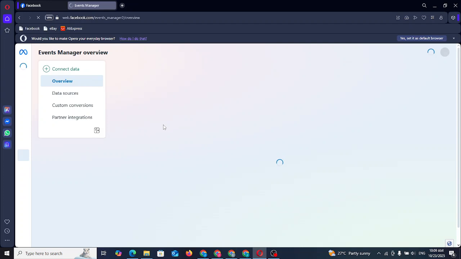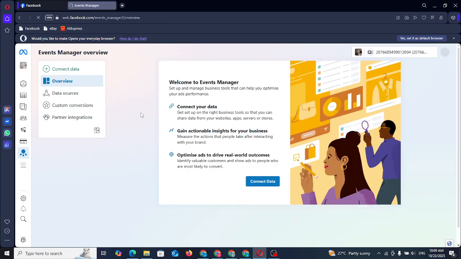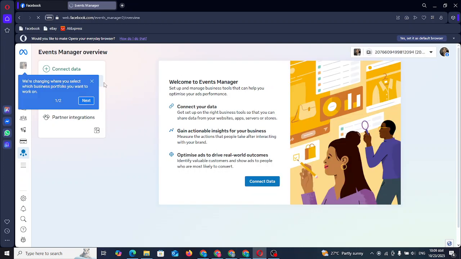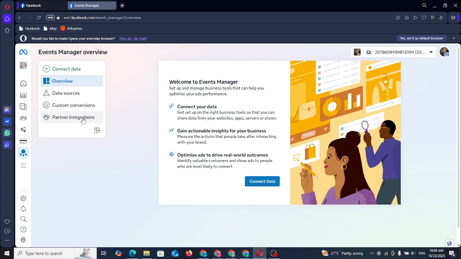Now, if you're running your advert directly to WhatsApp, this doesn't actually concern you. But if you're running to a website, it is of great concern, because you'll be able to track how much Facebook is charging you for impression, how much Facebook is charging you for a click, how much Facebook is charging